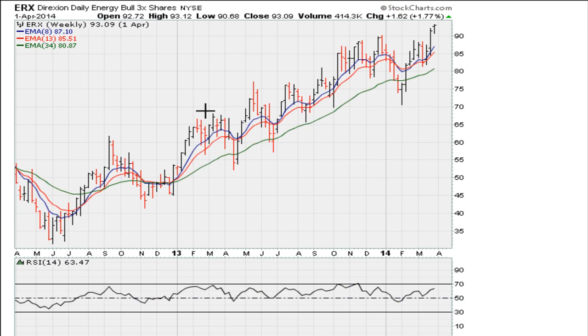Let's take a look at an example here, ERX. We are taking a look at a weekly. And so let's go and see. So we are trying to find out where the uniformity line can be for a stock here that has been gradually moving higher. So what we do is we go find out where the breakpoint took place off this high. So there was a slight high there and a shallow pullback. So you want to find periods where the stock did pull back to find out whether you can find the next sell point. So if we take a look, we see that there was a break somewhere there to a straight line,